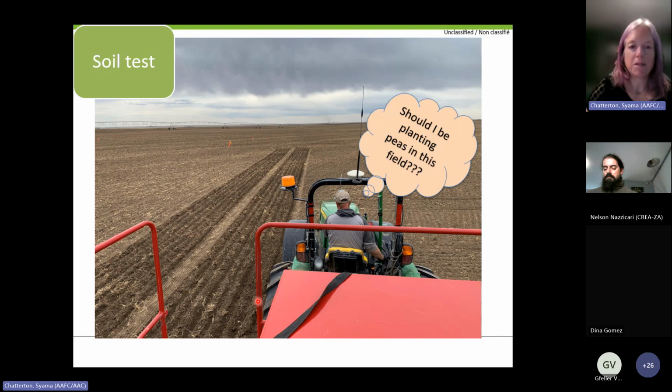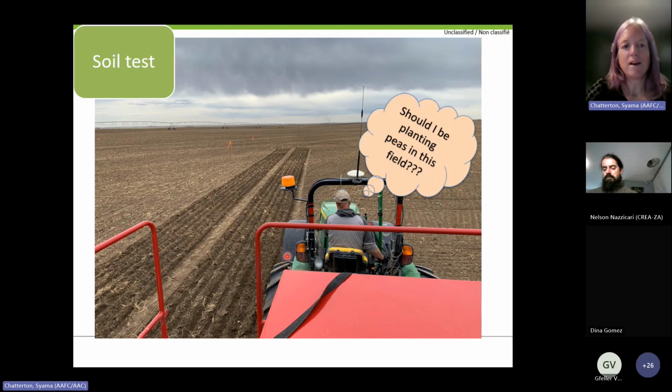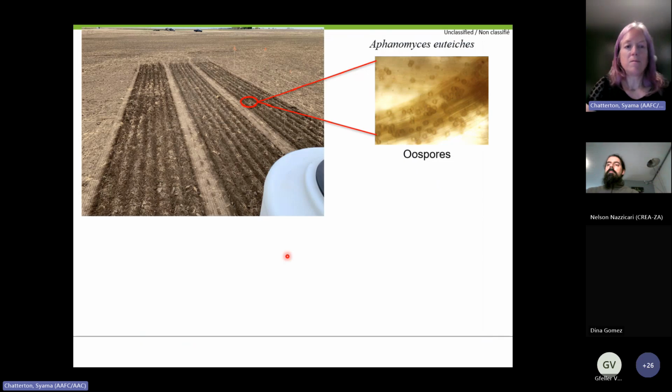So this is actually a picture of my husband, who's a serial agronomist, but he plants some field trials for me. This is a field that we're putting a trial in, but this is the question that every producer faces every spring: should I be planting peas or lentils in this field, and how do I know whether it's safe? And then the problem is, I think most of us that are familiar with Aphanomyces euteiches,